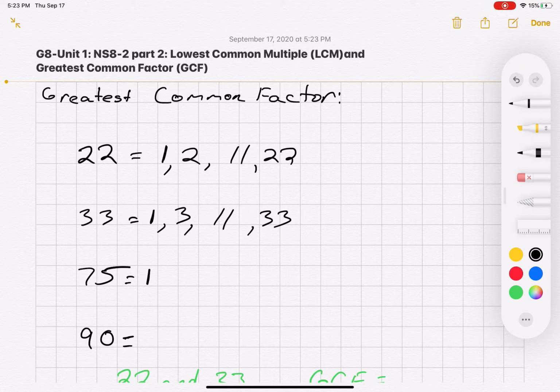Okay, 75. So 2 does not divide into 75, but 3 does, and that's 25. 5 divides into 75 15 times. 6 doesn't, 7 doesn't, 8 doesn't, 9 doesn't, 10, 11, 12, 13, and 14 don't. Okay, so